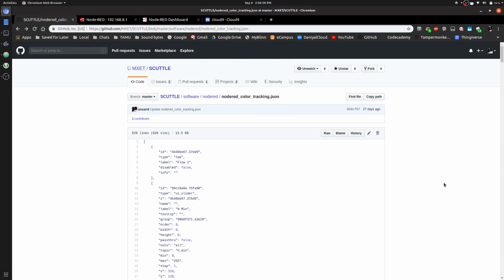In this video, I'm going to show you how to use the NodeRED flow to filter your HSV values or tune your HSV values for your color tracking code. Firstly, you're going to have to grab this NodeRED flow from, you can see the path here, SCUTTLE, software, NodeRED,